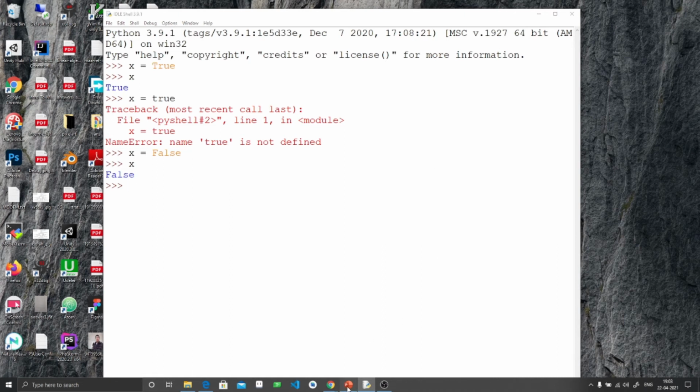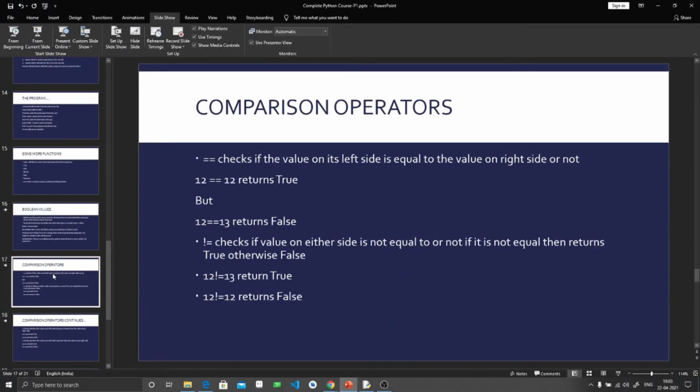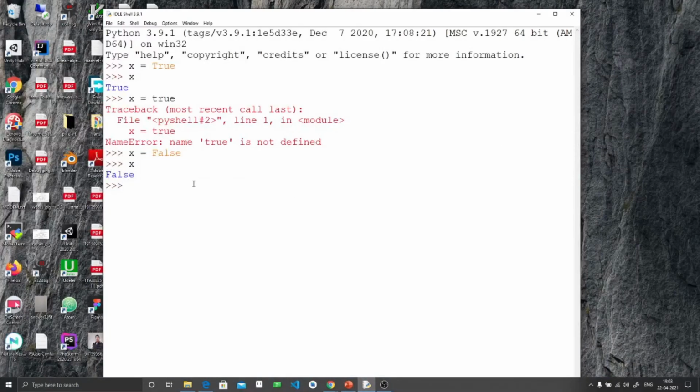Now let's come to the next example, that is comparison operators. First one is the equality operator. See, both the values are equal, so it printed true. If I do 12 equality operator 13, then it should return false.